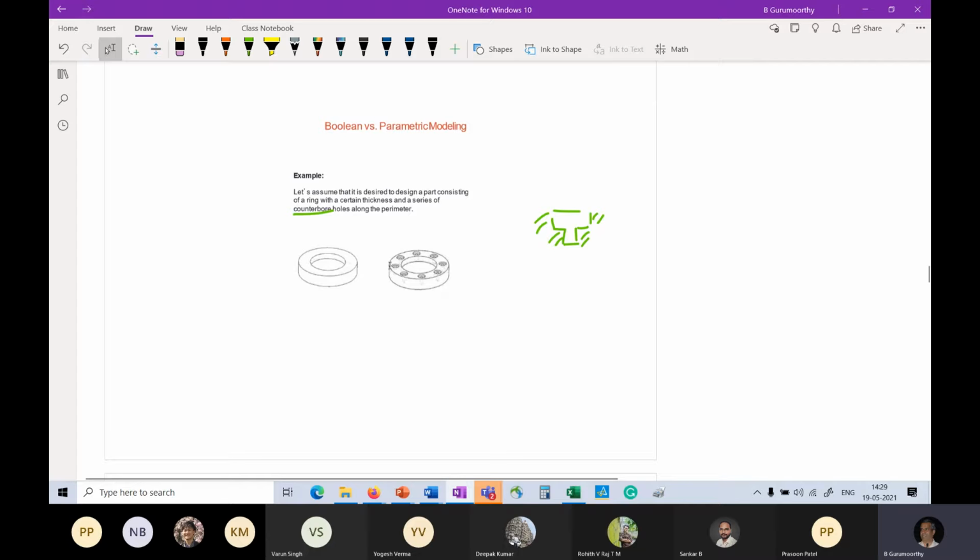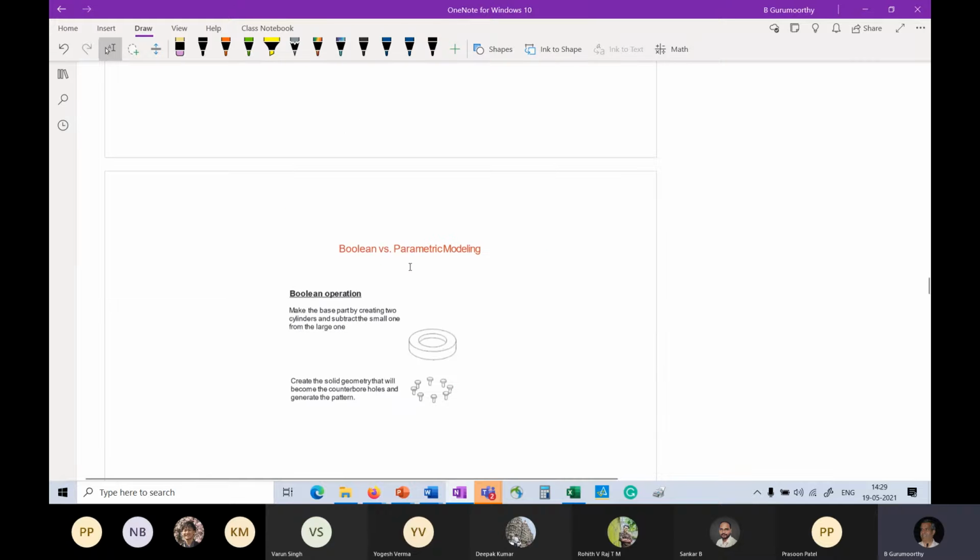Now, if you do it normally and do this, you will get the part. But now if you want to go back and change the thickness of this part, right? In the normal modeling, the hole will remain where it was originally. And so what was a through hole, after the increase in the thickness of this piece, will become a blind hole and therefore violate the design intent.